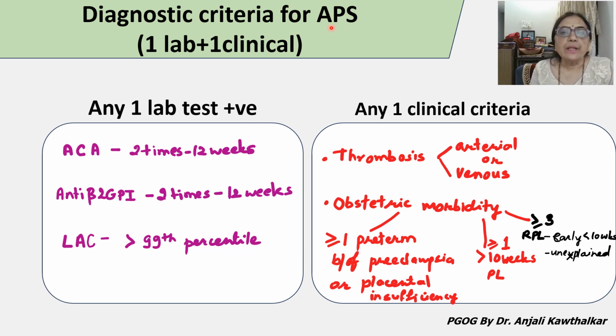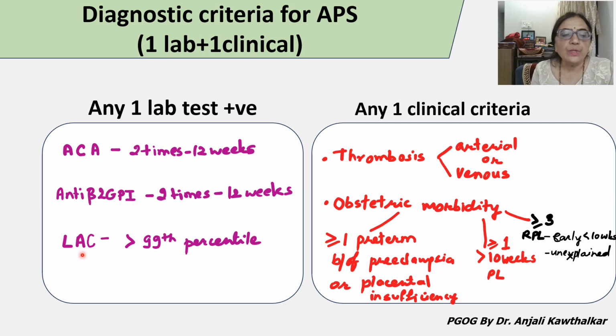Diagnostic criteria for the antiphospholipid syndrome: there has to be at least one lab test which should be positive, and there has to be at least one clinical criterion. So any one of the lab tests, any one of the clinical criteria. In the lab tests, we have already seen we have three types of these antibodies: anticardiolipin antibody, anti-beta-2 glycoprotein 1